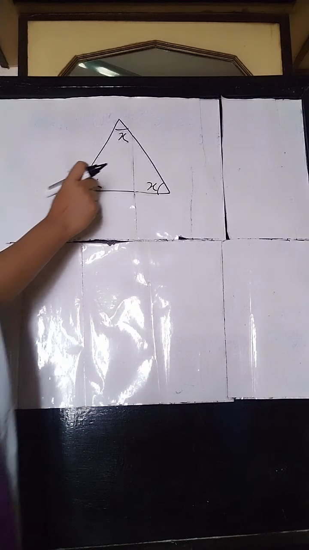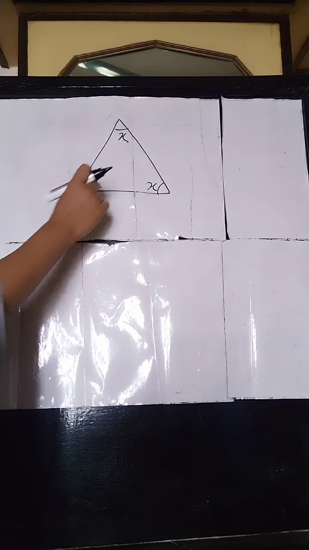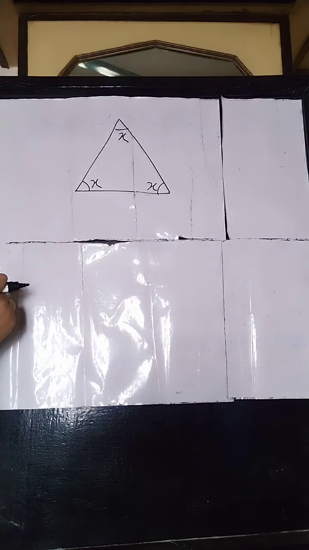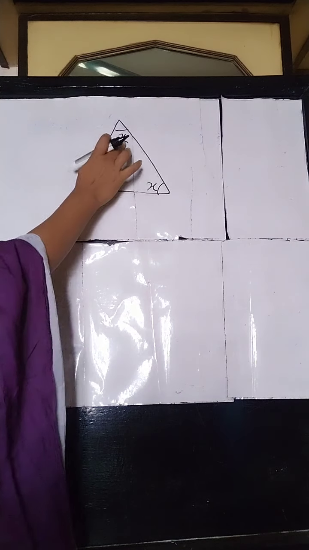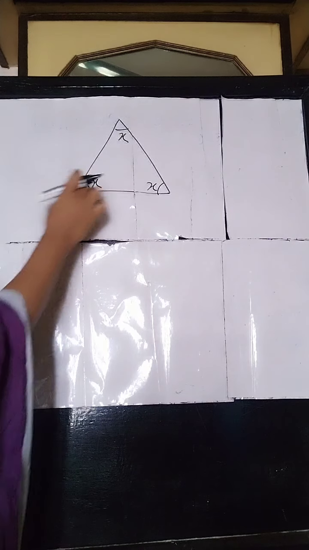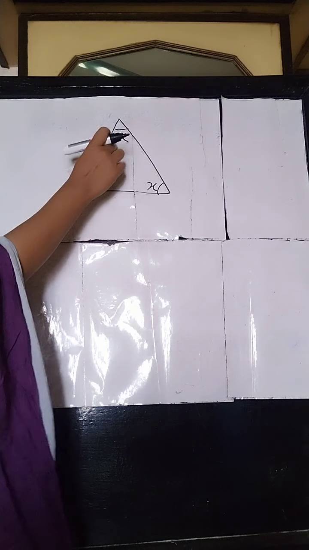See, the value of the three angles are given x, x and x respectively. All the values of these three angles is given x. You are required to find out the value of each of these angles which is given as x. That means we can understand that the value of the three missing angles are equal because the values are same, the values are x. You have to find out these equal values of this triangle.